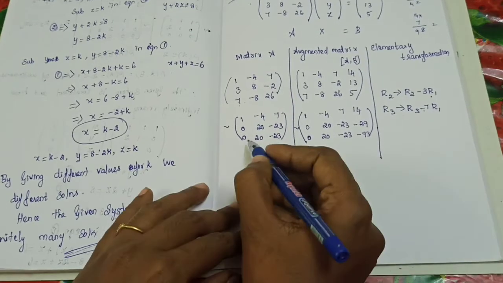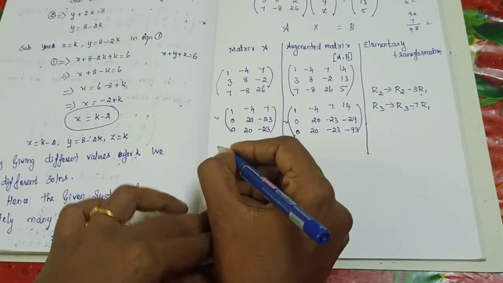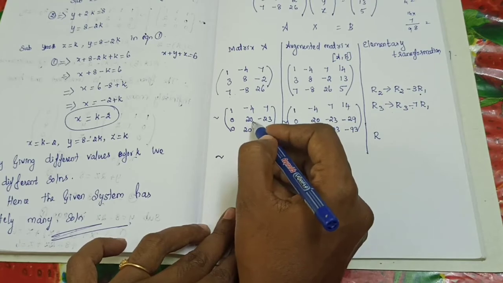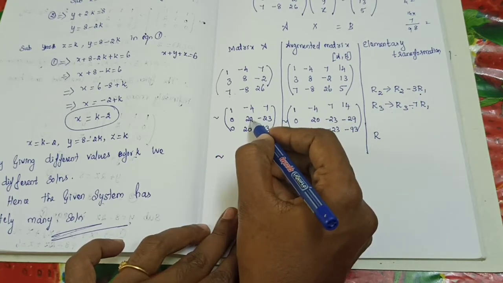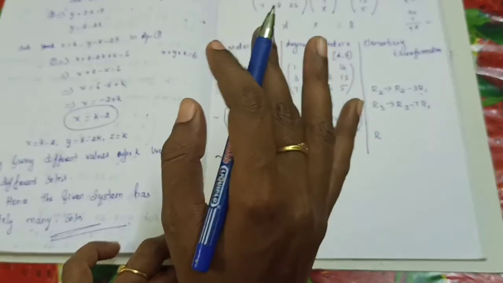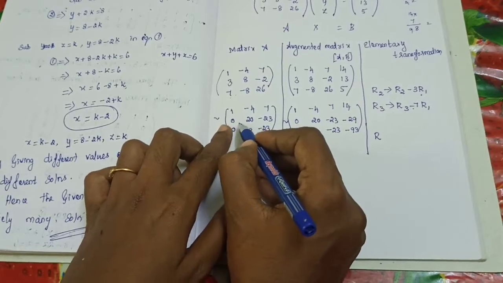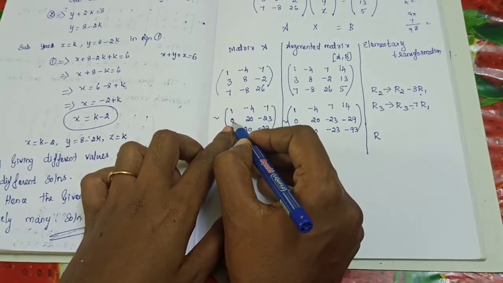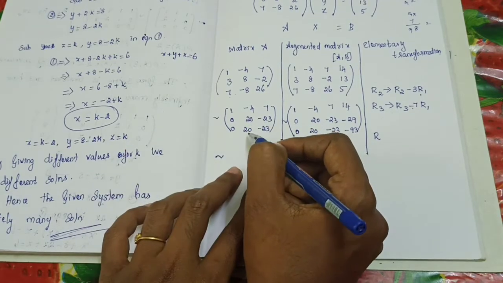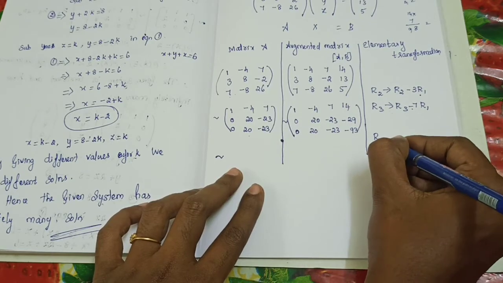Okay. Now check it. Again you can make this entry as 0. Is it right? Maximum zeros must be in the last row. Is it right? So how will you change? That is the second non-zero entry. That is in second row, this is the first non-zero entry. Is it right now? So below that must be a 0. That's the condition. Understand? So second row it is 0. Second row, next to the 0, next this is a non-zero entry first. So below this must be a 0. Okay. So R3, how will you change?